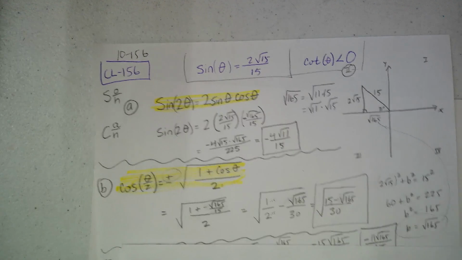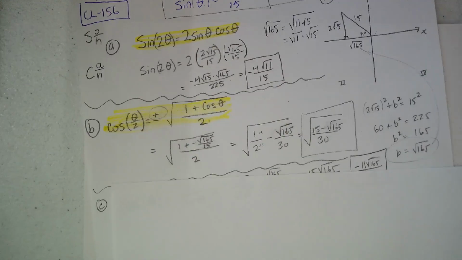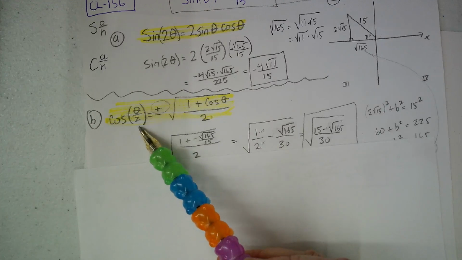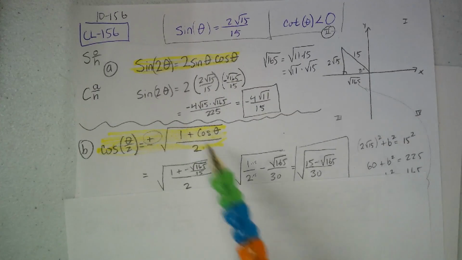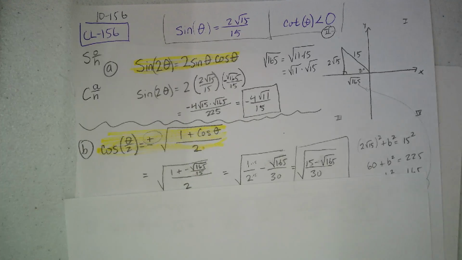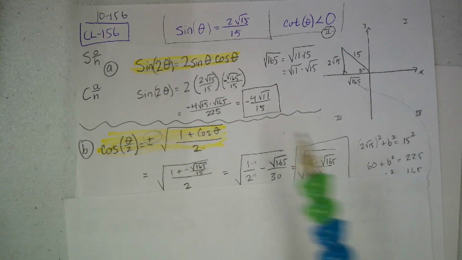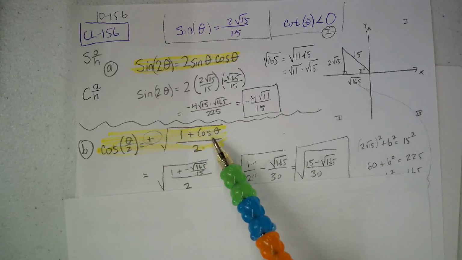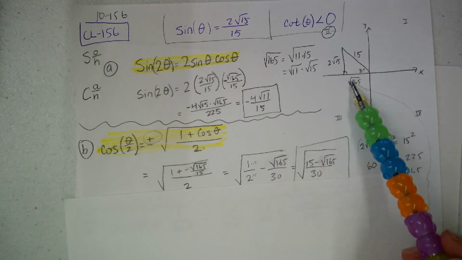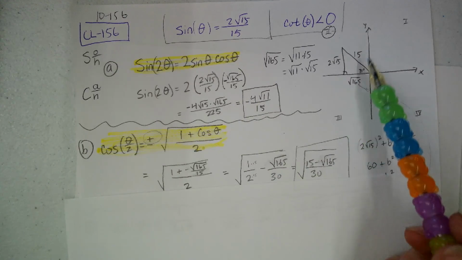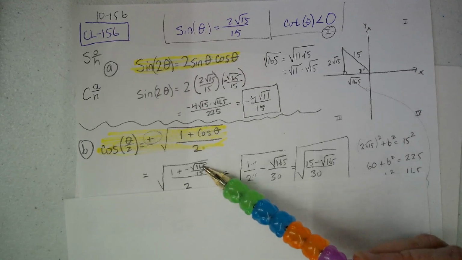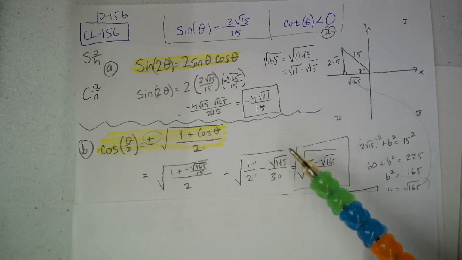And so then the next thing is letter B. They wanted the half angle. They wanted cosine of theta over 2. So I grabbed my half angle formula from the wall in our classroom, or you could look it up. And it's the square root of 1 plus cosine theta over 2, but we already just got done saying cosine theta was negative root 165 over 15. So I plugged it in for cosine theta, and then